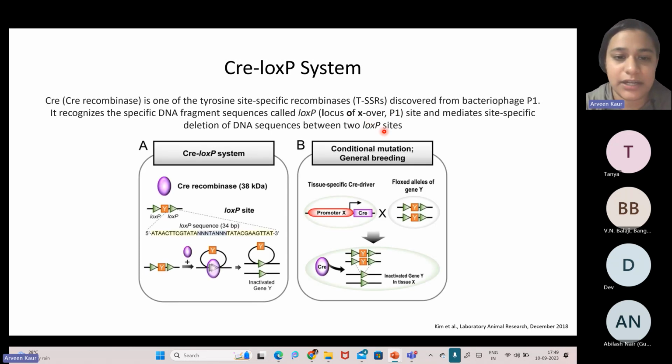In a two-loxP system, when Cre recombinase, which is a 38 kilodalton protein, is introduced, the region present between the two loxP sites is deleted. So this particular Y region will be lost in our resultant gene. Also, sometimes we further improve this technology, the Cre-lox system, and what happens is that we can